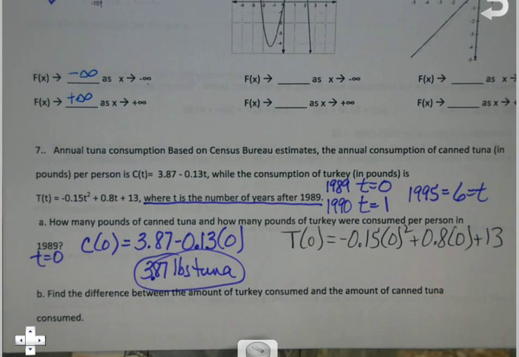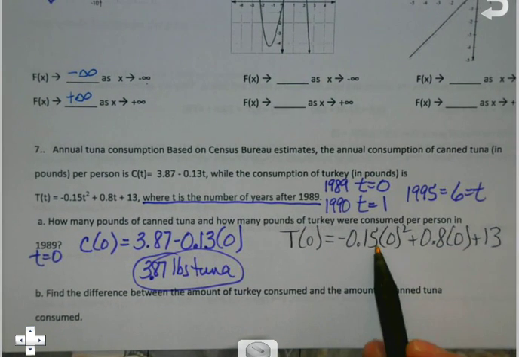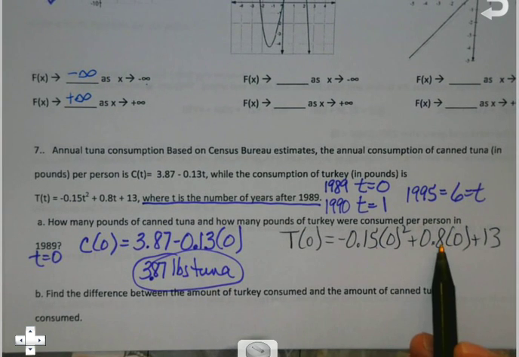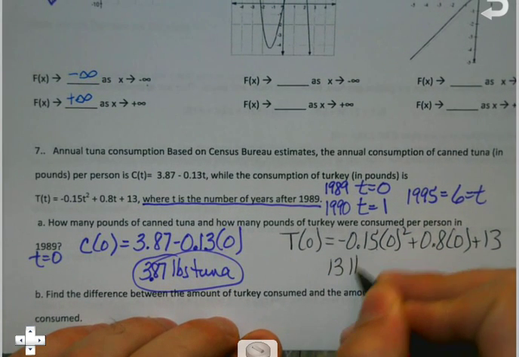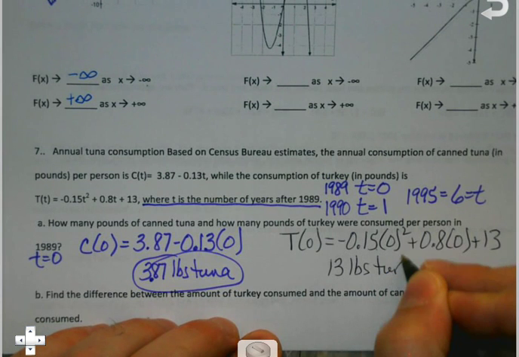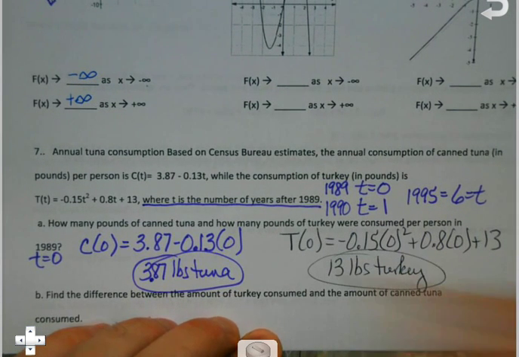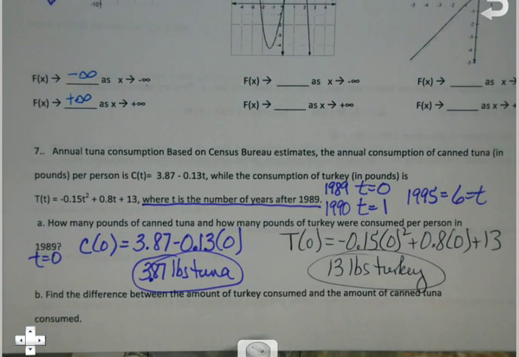And again, I like 0 because it wipes this all out. And I find out that the average person eats about 13 pounds of turkey. Okay, so kind of keep that in the back of your mind. It's about 10 pounds more of turkey than tuna,